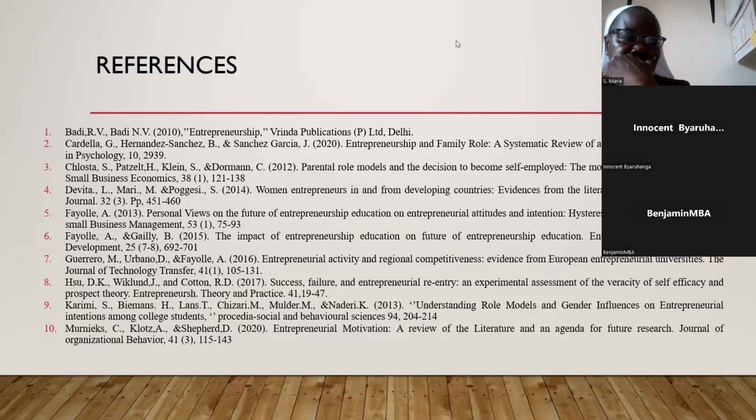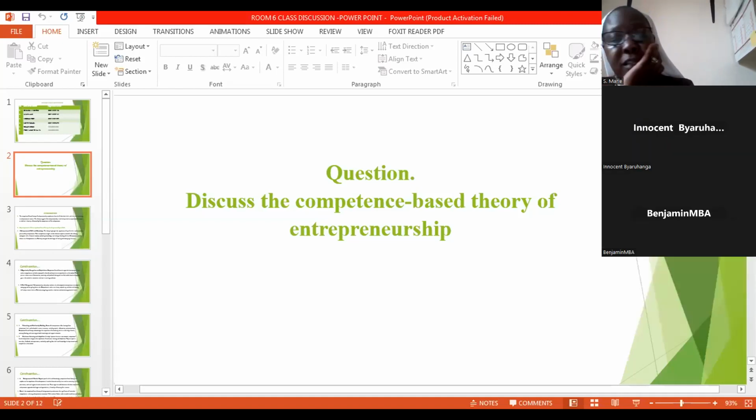Basically, what you can see from this theory is trying to say that in everything that you do, entrepreneurship can be developed from different mechanisms. And here they are trying to show you that creating an environment which can excite, interest, or help people develop entrepreneurship is important. But it also recognizes that exposure alone is not enough to get people into entrepreneurship. There are other factors that you need to consider, but it is one way of